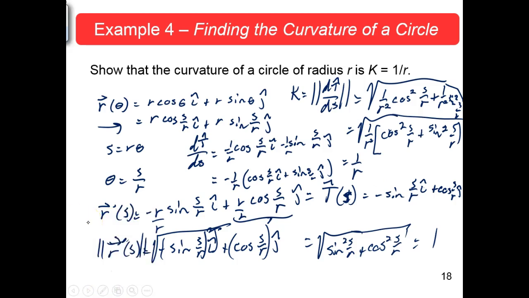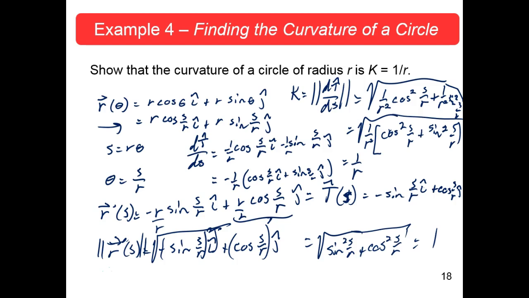Okay, so we've just shown the curvature is indeed 1 over r for any circle. So the smaller the circle, huge curvature. The larger the circle, small curvature. Okay, and that makes sense because in a small circle you're bending really quickly, in a large circle you're barely bending at all. Okay, an infinite circle would be a straight line, which would have 0 curvature. Okay,